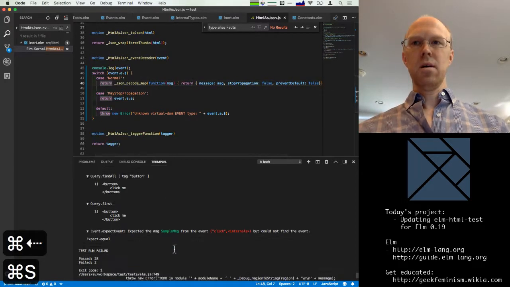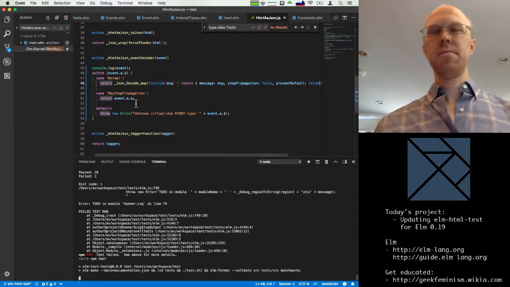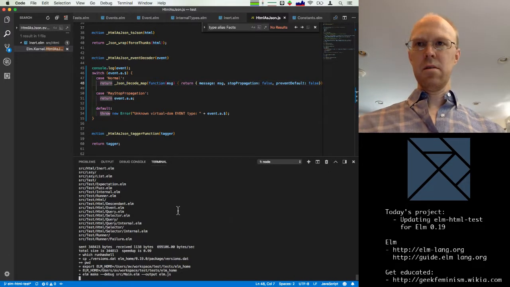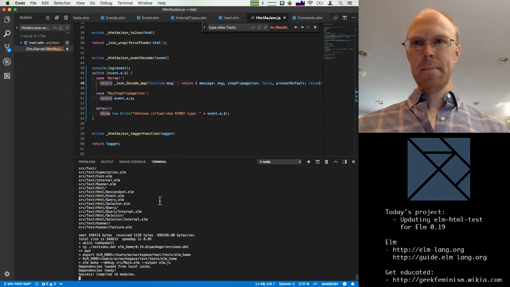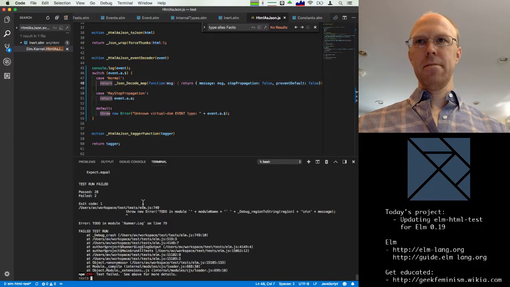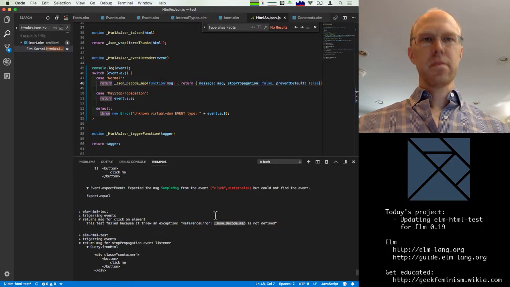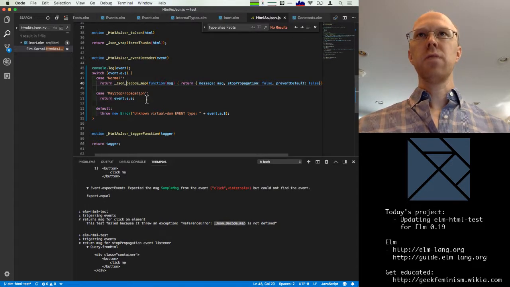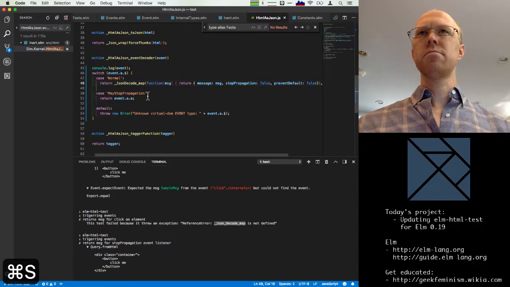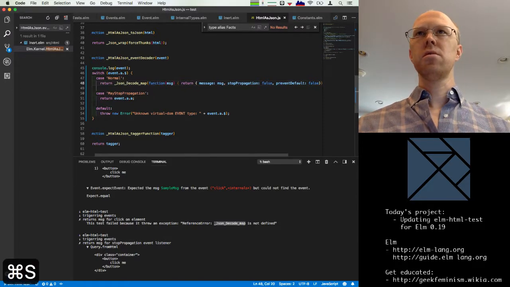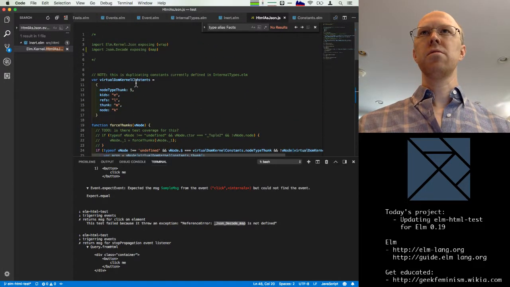Okay, let's see if that makes the test for the normal handler pass. Nope. Okay, we didn't do that right. Maybe it's just JSON decode? Huh, I'm not sure how this works.